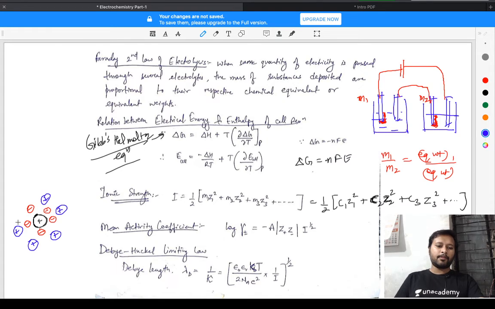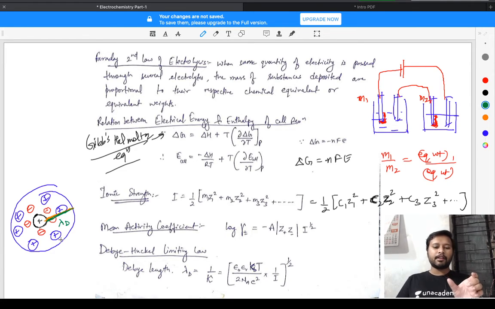So basically there will be a length, or a distance, up to which this particular charged species, the positive charged species, will have its influence over the other particles in the solution. This length is denoted by lambda D and is called the Debye length. So the Debye length is the distance up to which the attraction force or the force,